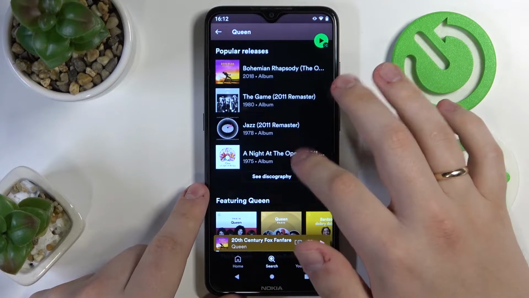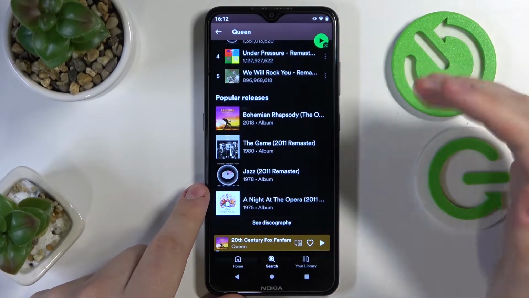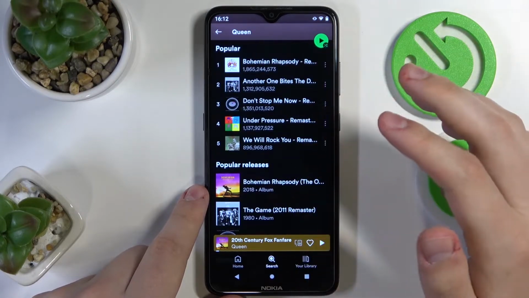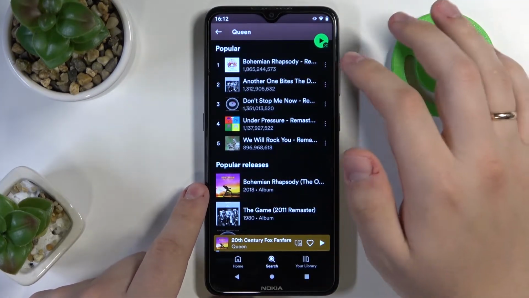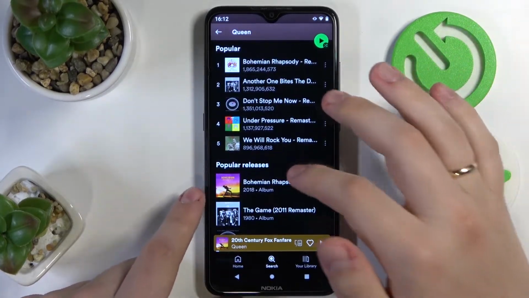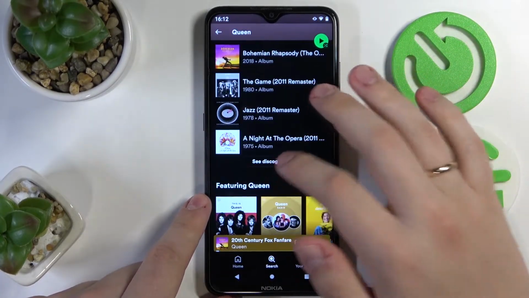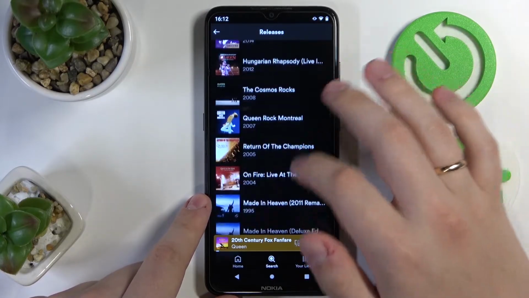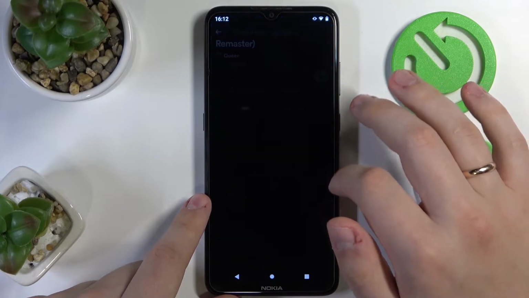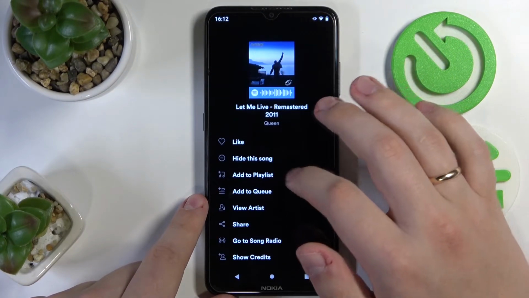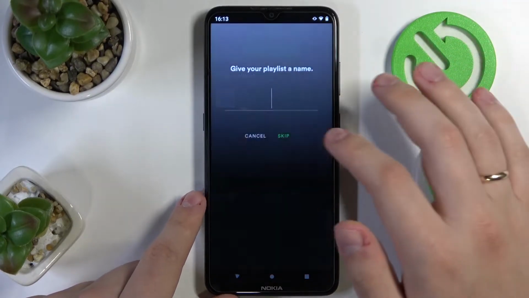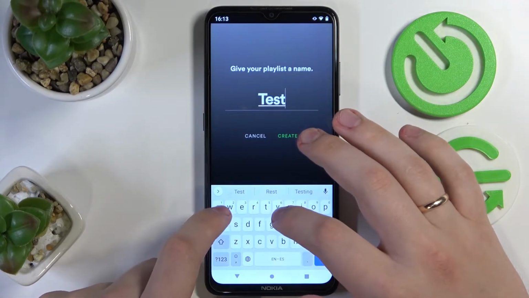If you would like to download a single song, one particular song, the quickest and easiest way to do that is to create a playlist, your personal playlist that will contain only this one song. So let's go ahead and choose some particular music piece, for example this one. I'll tap on the three dots, choose the add to playlist option, create a new playlist, for example, name it test